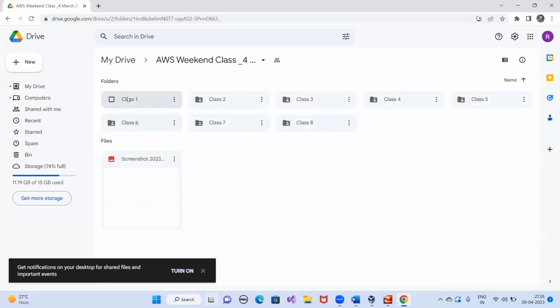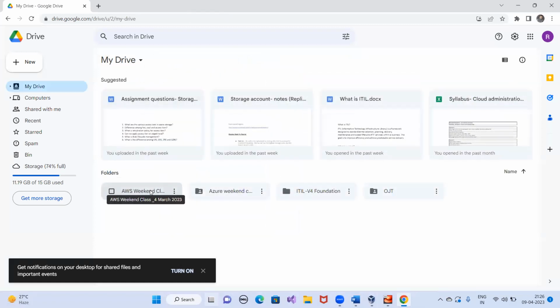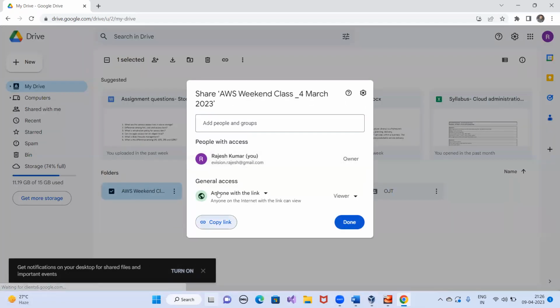So what I have done, I have shared the link of this parent folder, the main folder. I'm sharing it again. I'm copying the link. Don't delete anything from this folder because you have the full permission. You all have read, write, execute permission. So if you delete anything from this folder, your recordings will be lost. So use it very carefully, download it in your system, then use it. Don't do any editing, don't do any deletion in this folder.